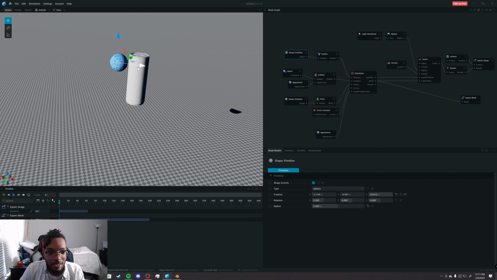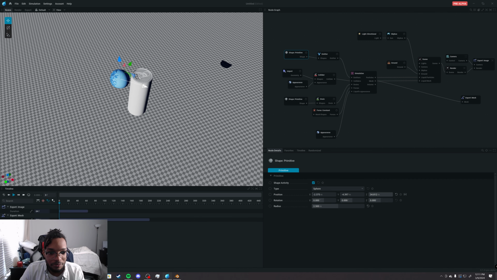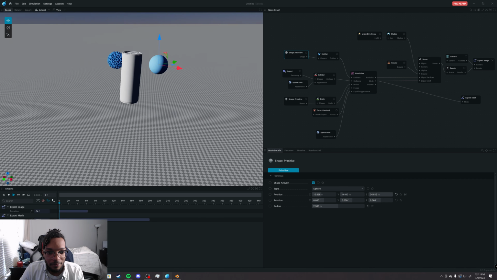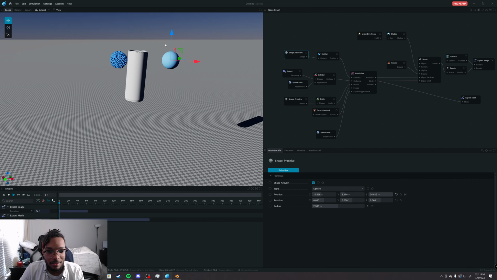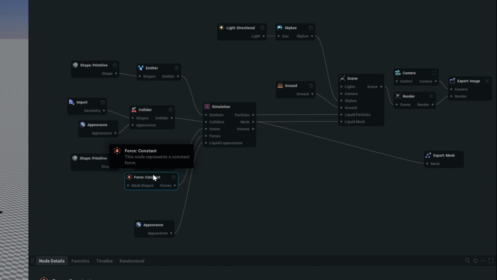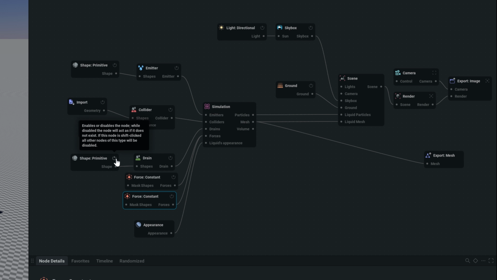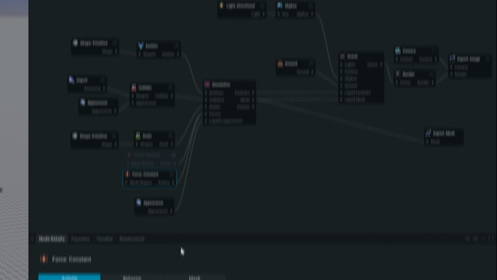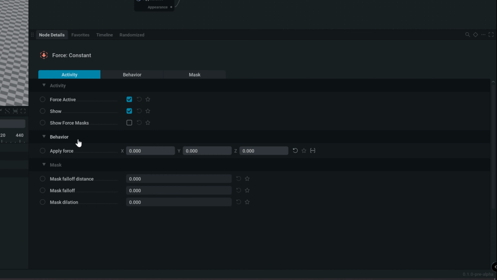So let's go ahead and take this primitive and just move it like that. Okay, and I don't want to lose this gravity node, so I'm just going to copy and paste it with Control C and Control V. Also plug it in. You can honestly plug as many forces into this little dot as you want. And not to mention, I forgot, each of these nodes has a little power button that turns them on and off. I'm going to turn the gravity off, and then I'm going to make this